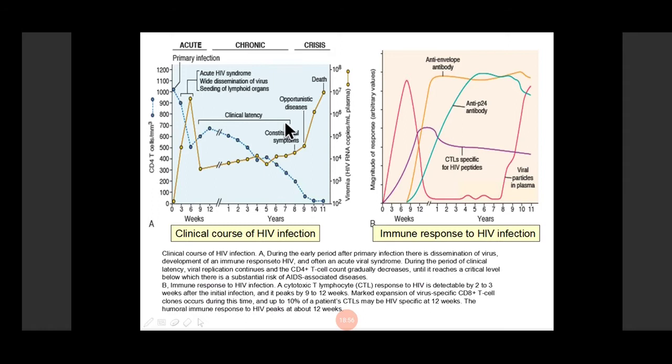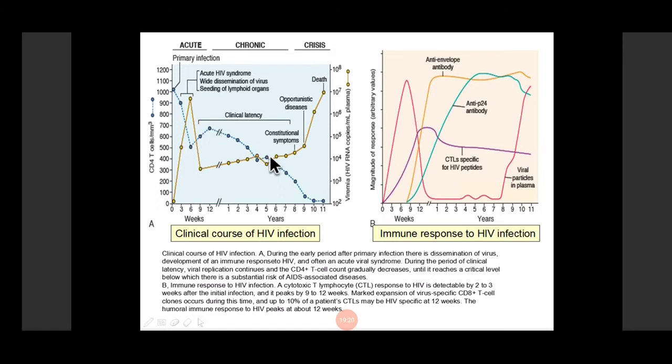Till now the patient is HIV positive, but he does not have full-blown symptoms of AIDS. But the count, here you can see, the count is gradually decreasing. There is no sudden drop like here, but the count is gradually decreasing. At the same time, the virus is slowly multiplying. So whenever there is